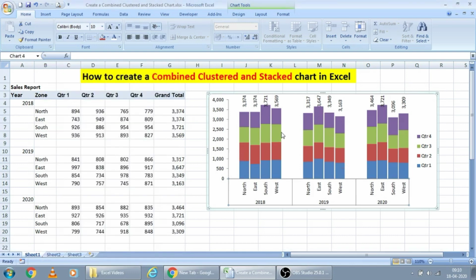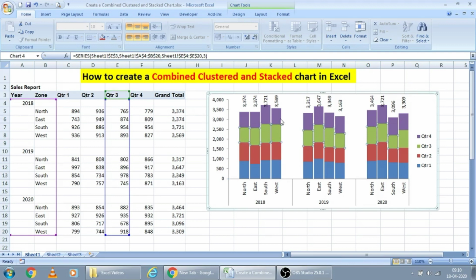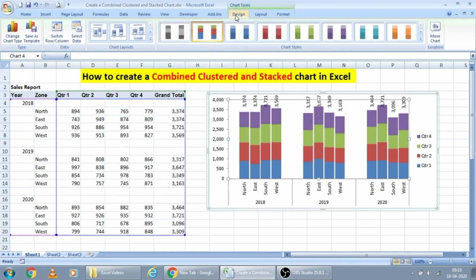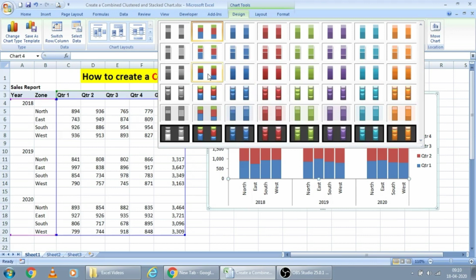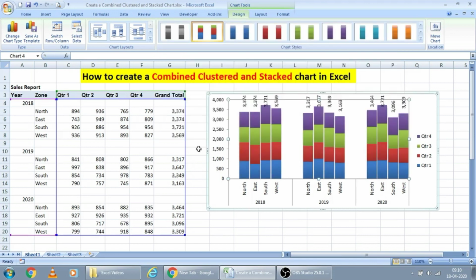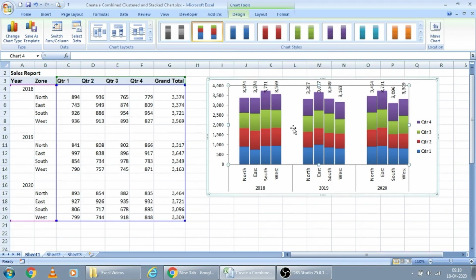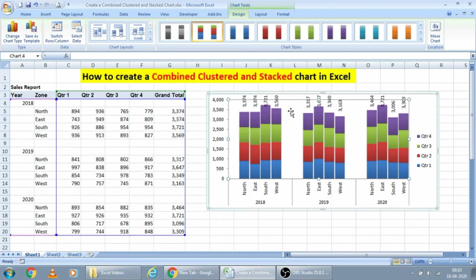Now let us change the design here. Go to design, and I am just selecting this color so that it looks somewhat nice. Now I have to add a chart title here.